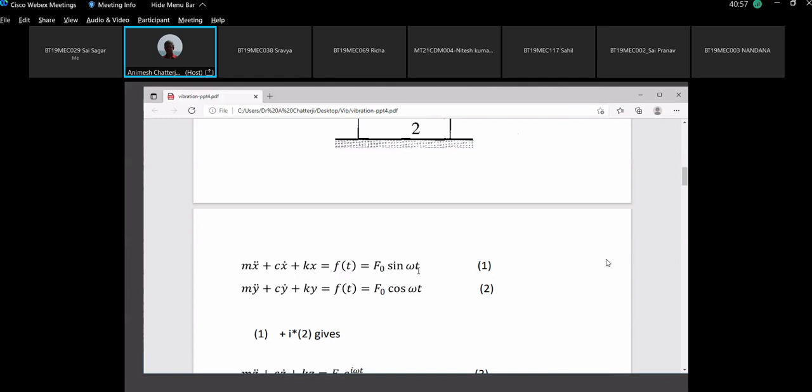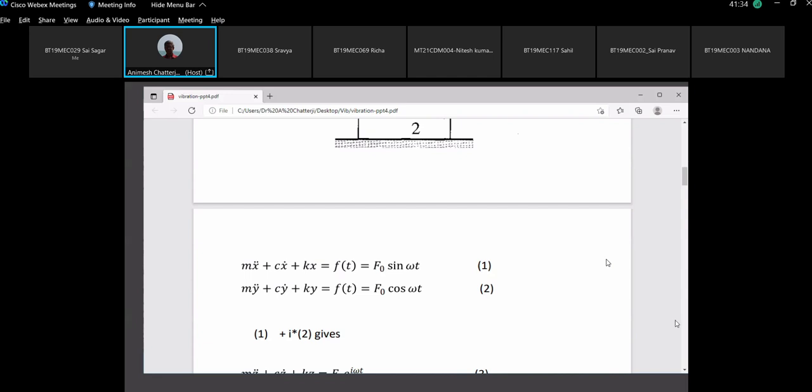So our new equation is m z double dot plus c z dot plus k z is equal to f0 into e to the power i omega t. Let us try to solve it. But before we try to solve it, let us be very, very clear. Z is a complex variable and force is also a complex variable. So because z is a complex variable, write small z. Now you write down: let us assume that the solution exists